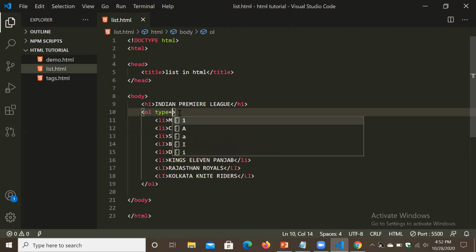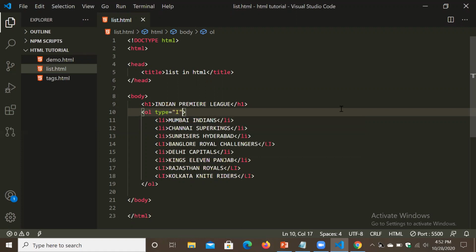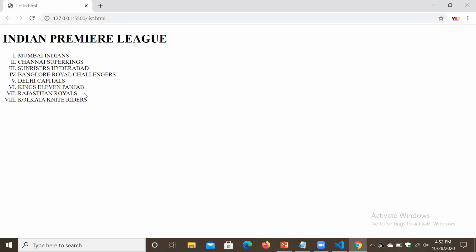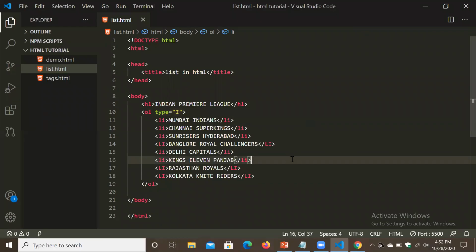This done, this remaining. Yeah. Look, capital Roman letters. So in this way we can use OL tag, ordered list.